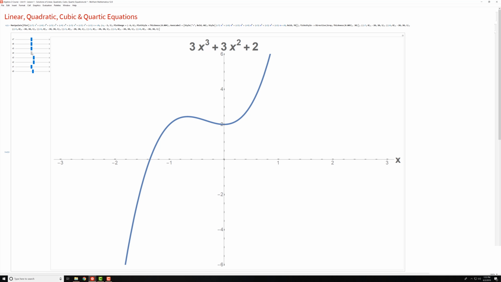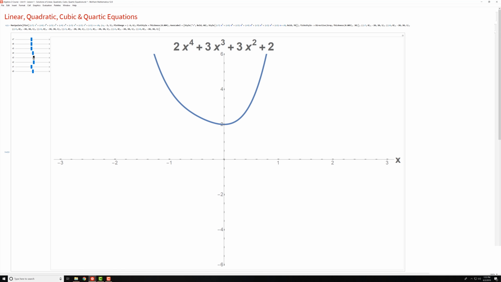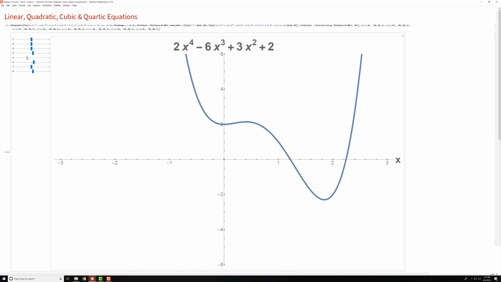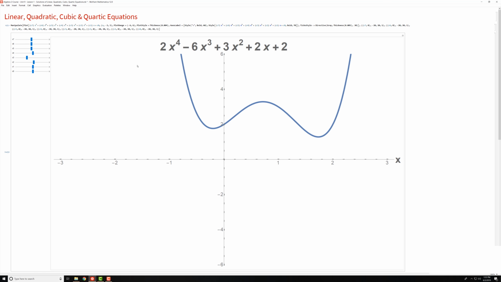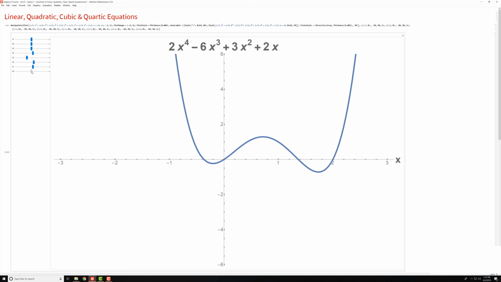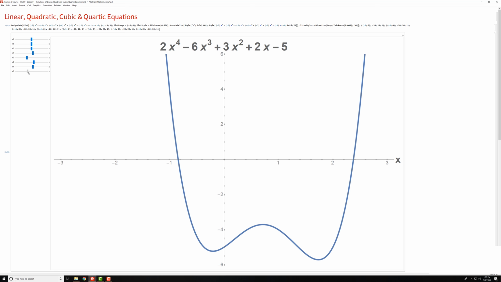Now, real quickly, we're not going to go through the quartic and higher too much, but let me just show you generally what a quartic function looks like. You can play around with it, make it look various ways. So here in general, you can see it looks like a W. So whereas the cubics look like a snake, the quartics look like a W. Of course, it could be flipped upside down to look like an M as well. But if I drag this function down here, then this